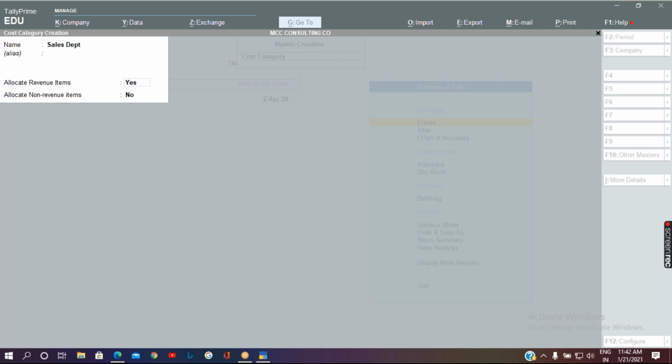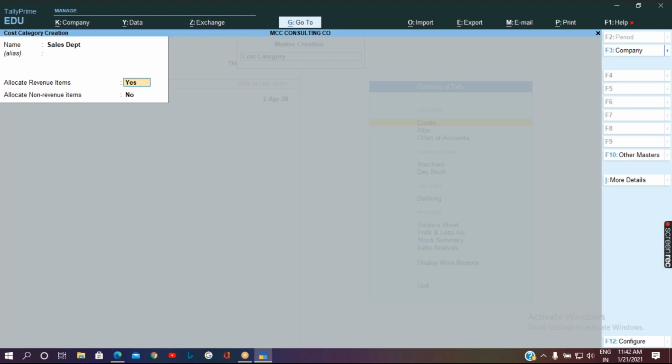So the cost centers option will appear while passing the transaction when we use those particular grouped ledgers. Okay. Now let's go with only the revenue items option. So we will make only allocate revenue items as yes, keep non-revenue items as no, and accept the screen.